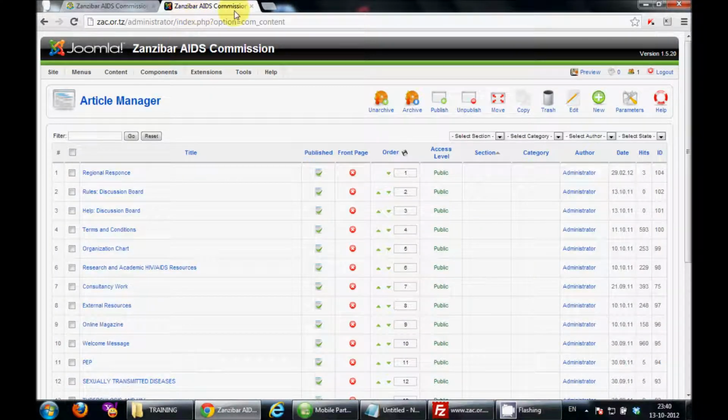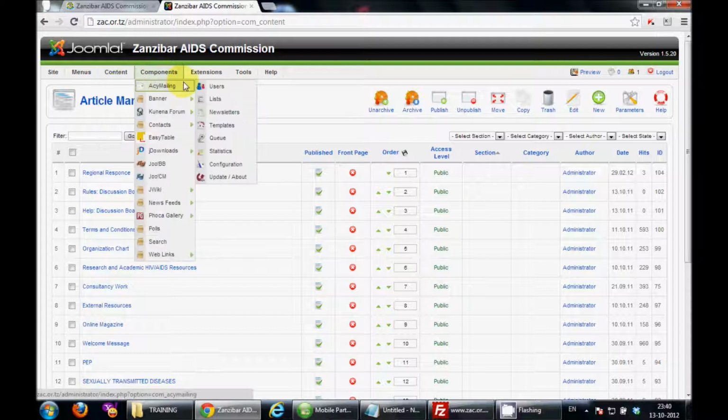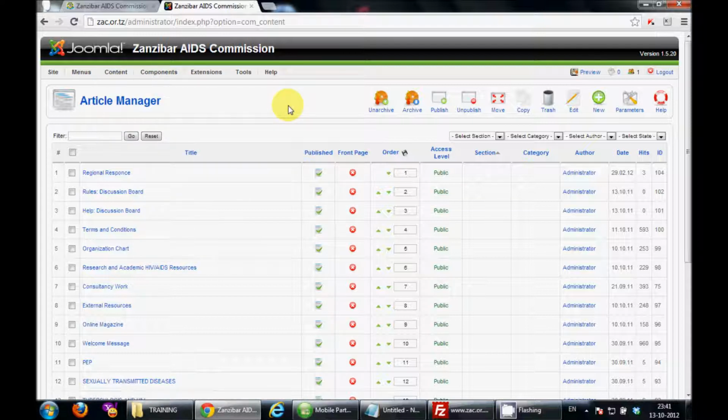So go back to the back end and go to the content article manager. If you click article manager, you'll be brought up to this page where you can create your article. So go and click new to make a new article,